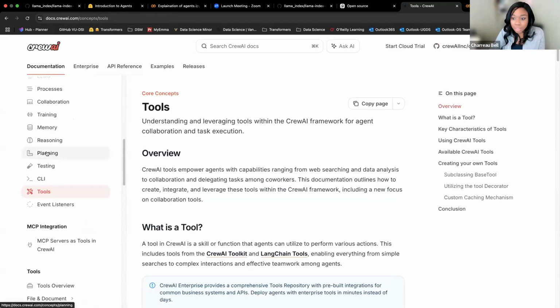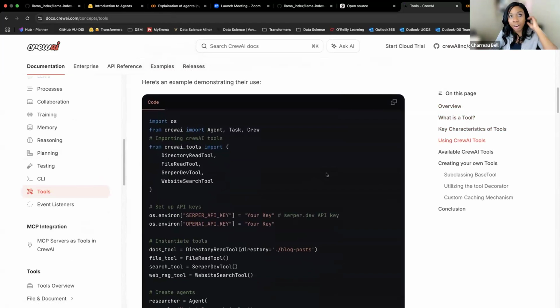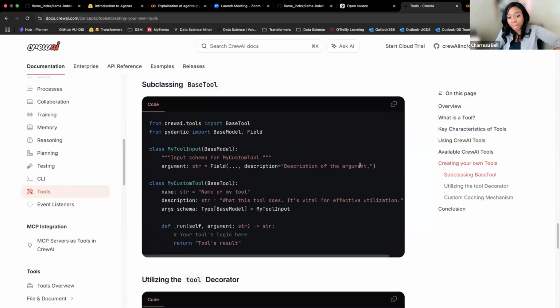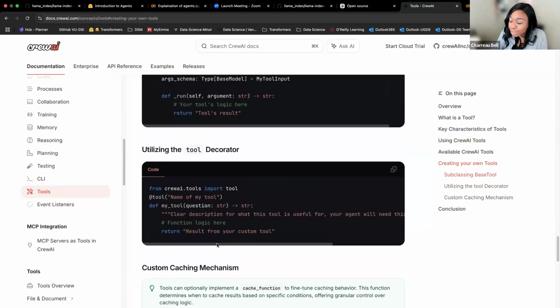In terms of tools, you can, as you know, create your own tools. Again, generative AI will be able to help you with this, particularly if you are leveraging, for example, in Cursor, this particular API as part of the RAG search, which is possible to specify in Cursor. If you want to create your own tools, you see what that looks like, where you define what you want to pass in, the arguments, and how you want it to behave. There are easier and harder and more specific ways to do certain things. But generally they have the instructions about how you can do that here.